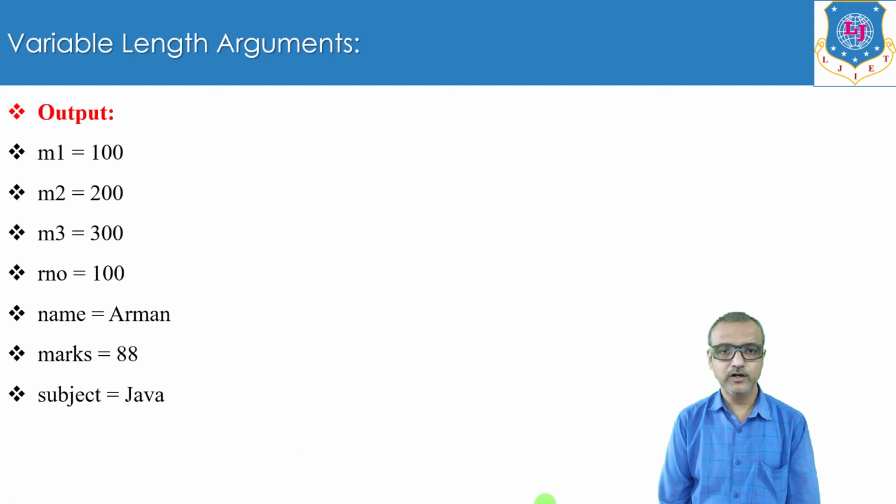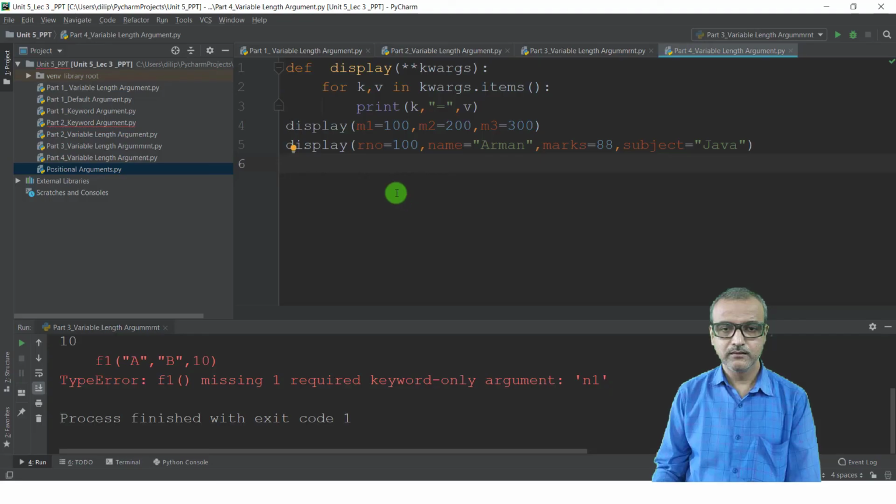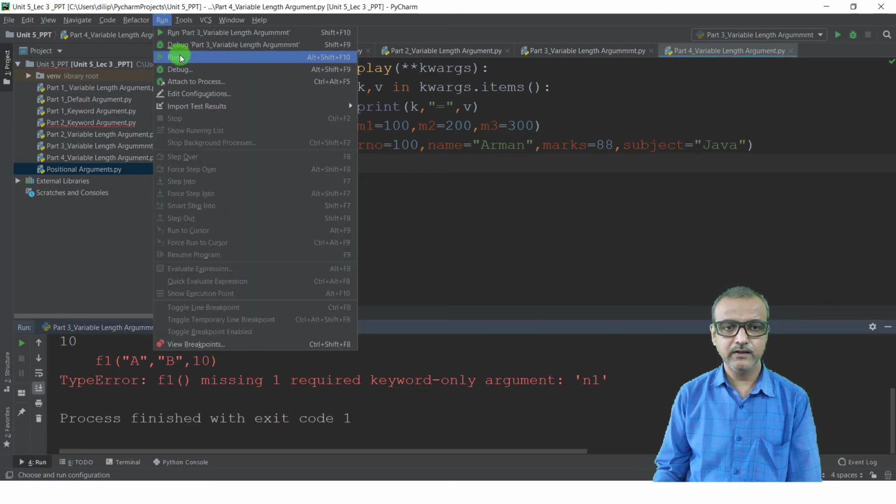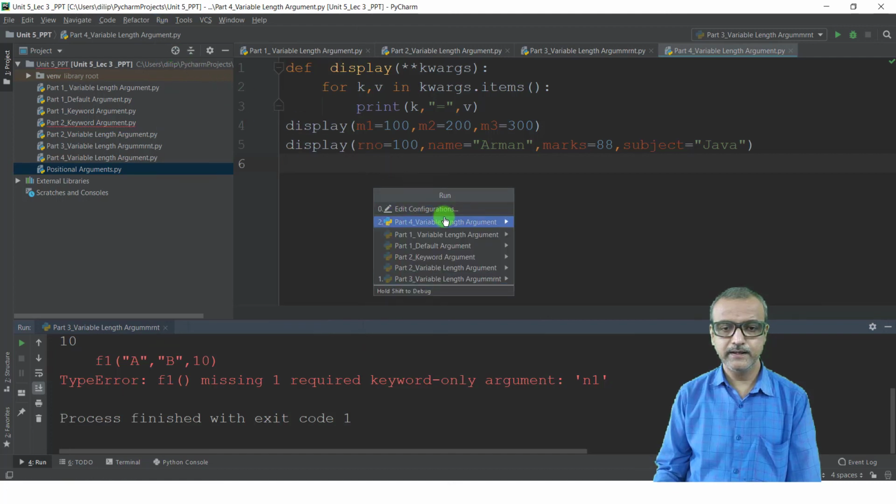Now I will show you the output in PyCharm. See, I have written the same program for you. Now I will just run this program. Just click on this run button. Again click on this run button. Then click on part 4 variable length argument, because this is the file name.